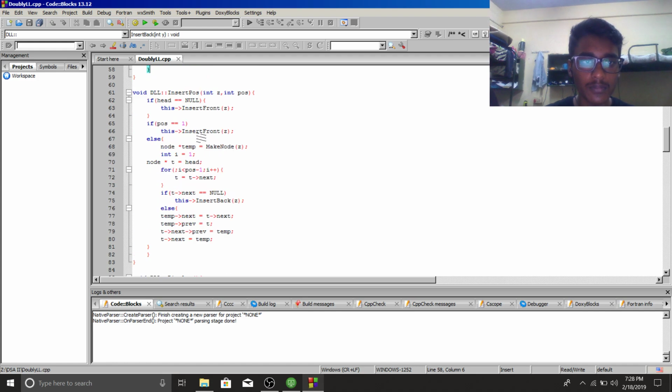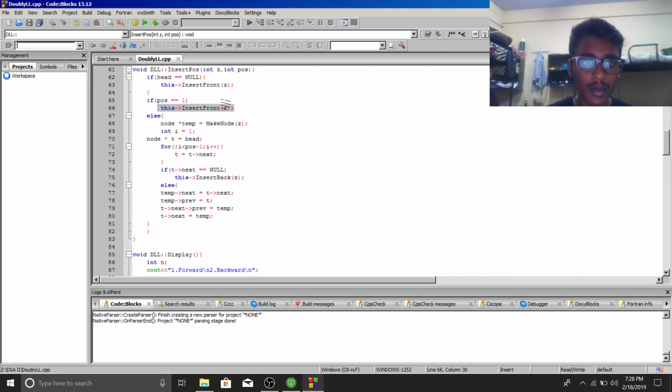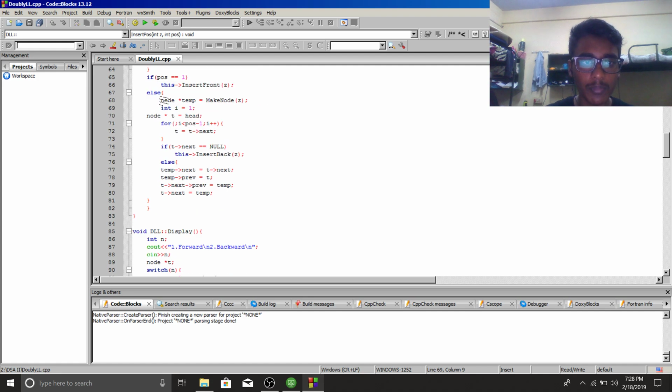And then here comes our insert position function, which takes two parameters: one the data, and second the position. And if the head is equal to null, we will be calling the insert front function, or even if the position is equal to 1, we will be again calling the insert front function, because this will make our function easier. Otherwise what we'll be doing is we will be creating a node using the make node function, and